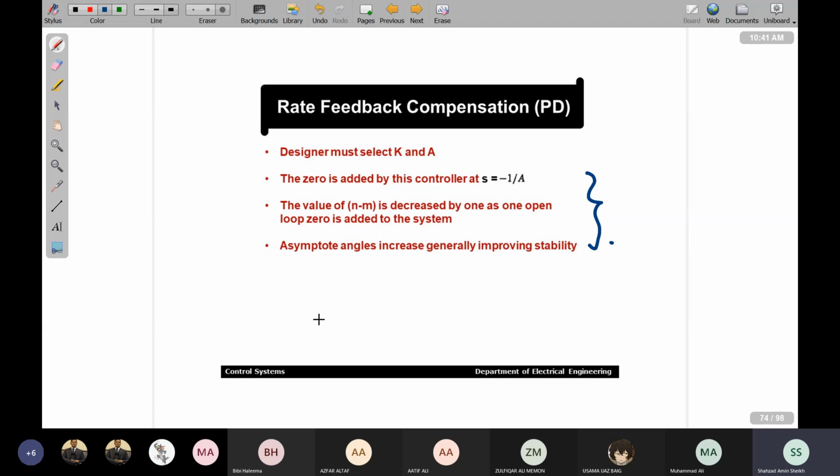Anyone sitting in the class can confirm कि मेरी आवाज आ रही है या नहीं आ रही? Yes, sir, आ रही है। सर अभी आ रही है।